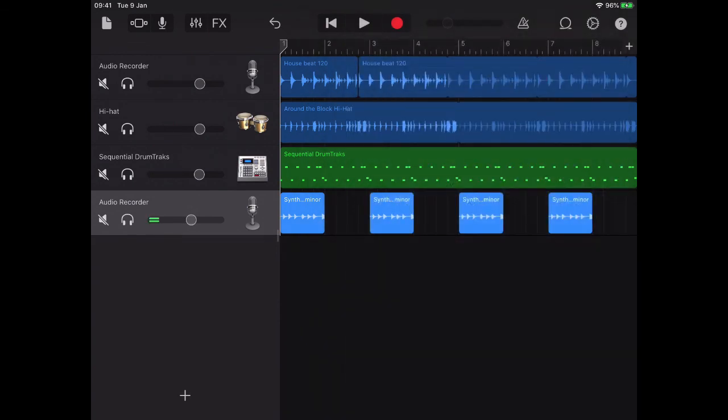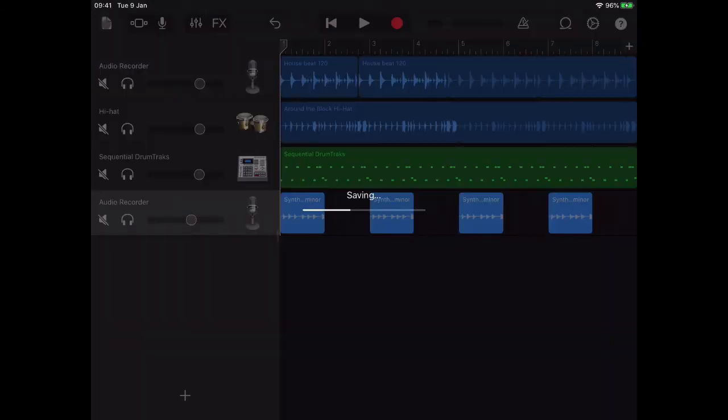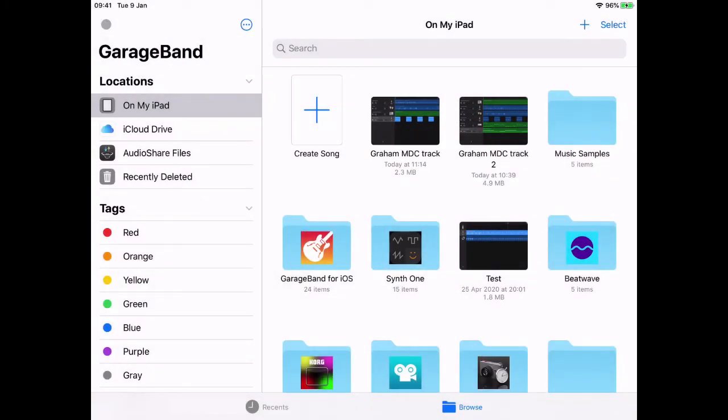Okay, so last thing then that we need to do is to save your work. So we go up to top left, the little folder here, we click that, and then that saves our track. Really good practice to get into the habit of doing that every time that you close down your iPad, just to make sure that it will be saved. Although I think even if your iPad runs out of charge or anything like that, plug it in, get it charged up again, it does remember your work, kind of saves as it goes along. But it's good practice just to click that wee save button every time you're done,